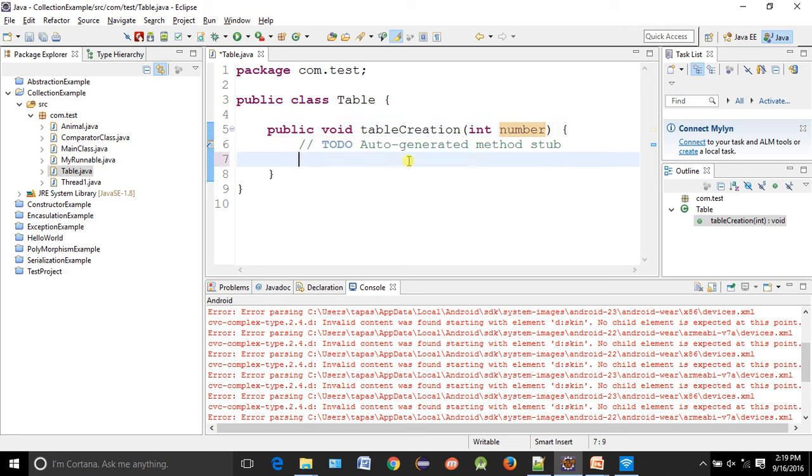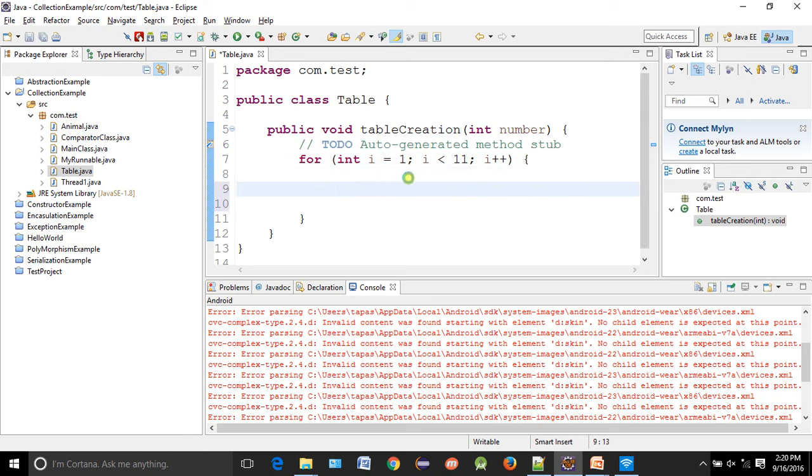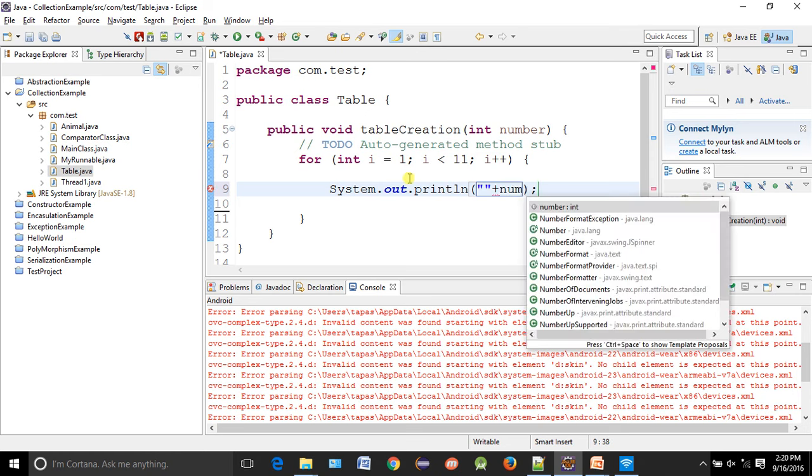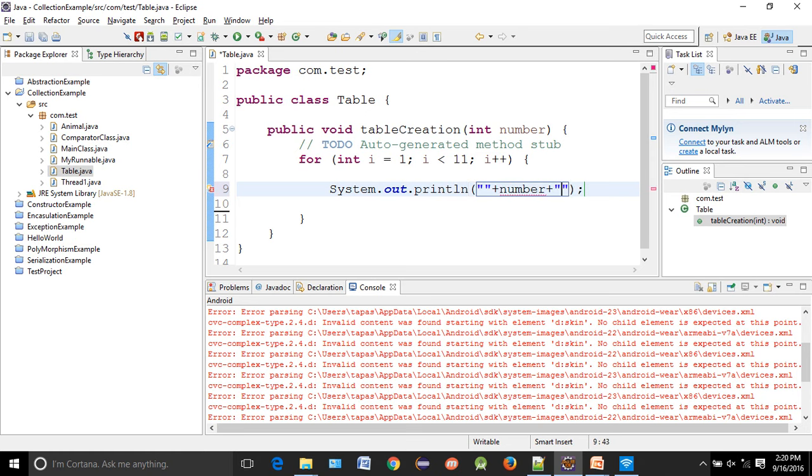We want to print the table, so how do we do it? For loop. It will start from 1 and go till 11, so less than 11 means till 10. And we want to print the table, so SYSO. This is for your plus. First we'll give the number, then we'll give this into